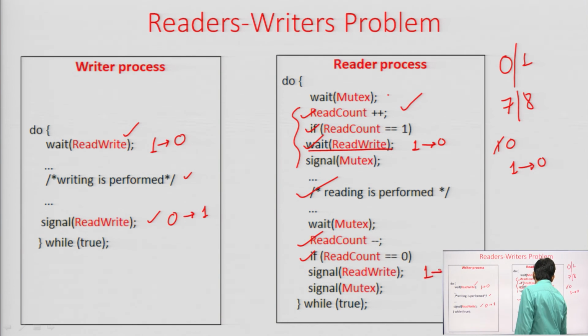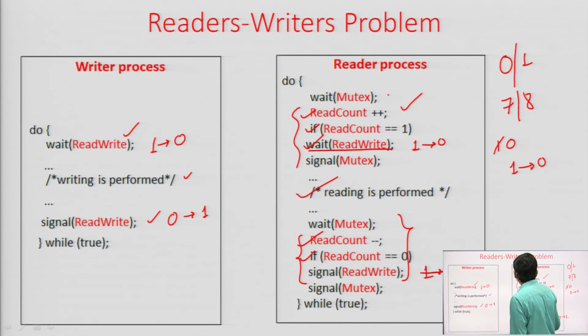So, the read write semaphore value which was brought to 0 by the wait operation, let us convert it to 1, so that other write operations can be allowed. So, all these 3 statements should run in a mutually exclusive way. The preemption will actually destroy the solution's credibility. So, all these things should be mutually exclusive.